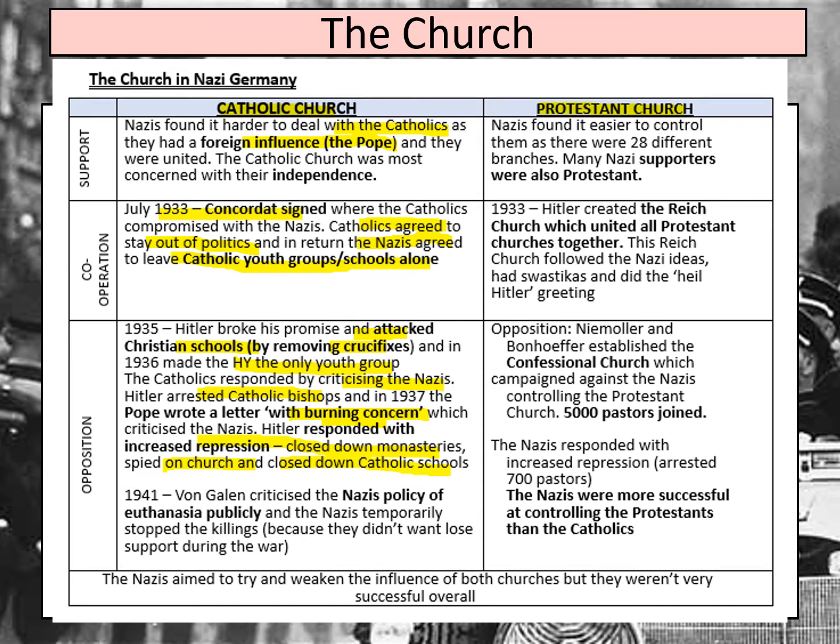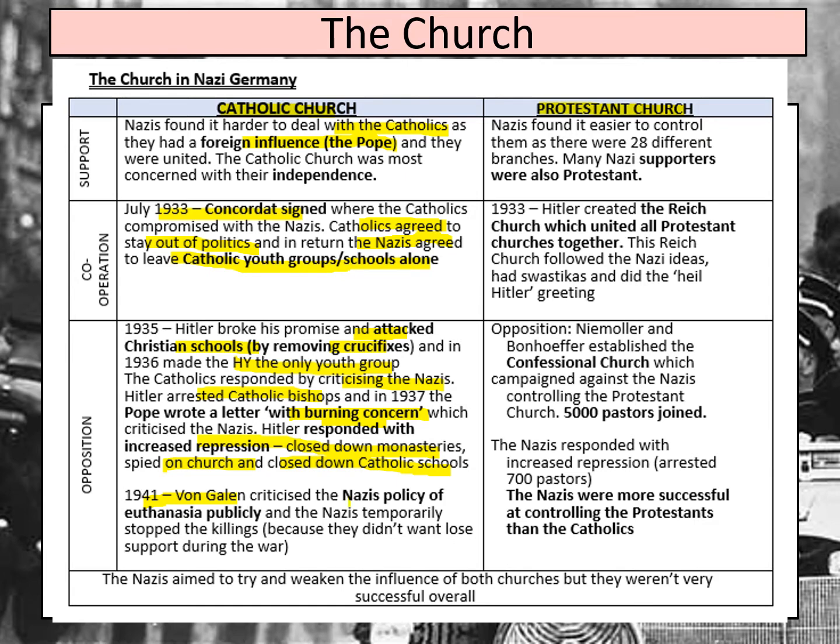So Catholics have tried opposing the Nazis, and it's not really been very successful. Generally, Nazis aren't fazed by this and just respond with arrests, and the Catholic population don't really do anything to stop this either. One really good example, though, of where some Catholics did rise up was von Galen in 1941,